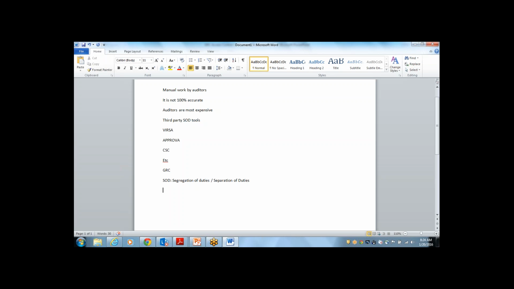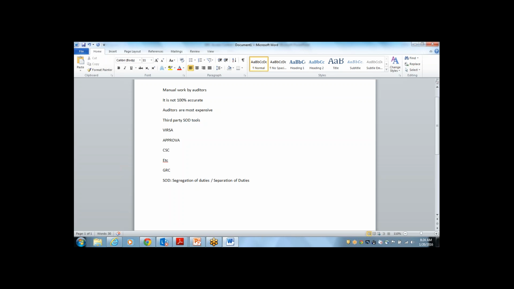As I told you just now, creating sales order, changing sales order, approving sales order, and also creating purchase order, changing purchase order, approving purchase order: these duties need to be separated. The same person should not be able to create a purchase order, modify it, and approve the same purchase order. The required positions need to be fulfilled with the proper authorizations so that we can avoid misutilization in the company.